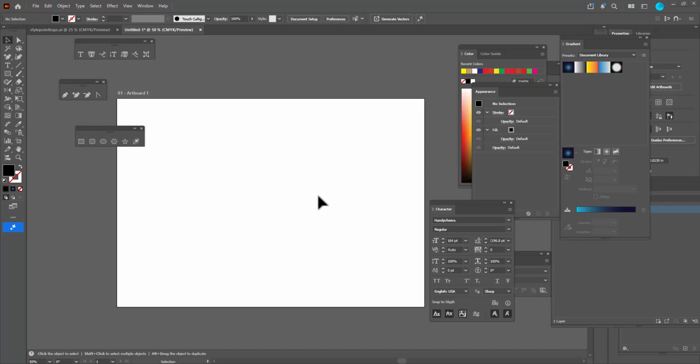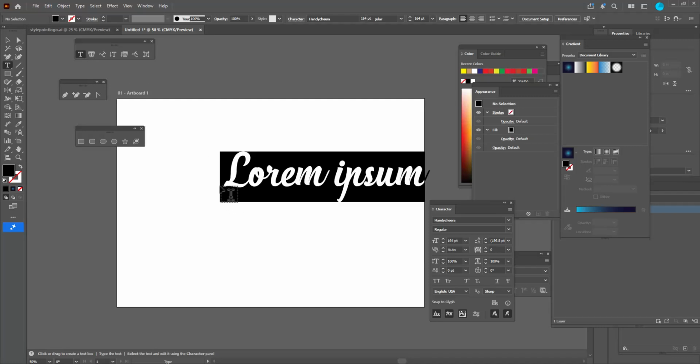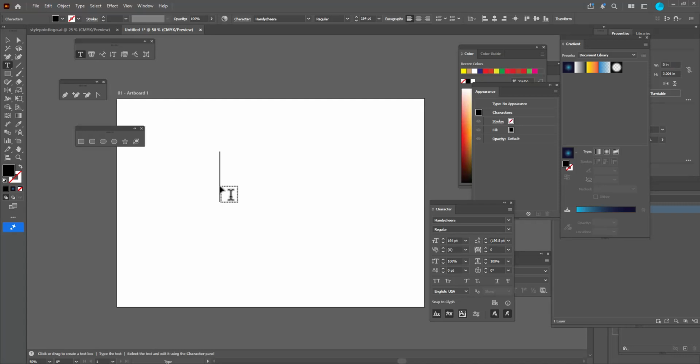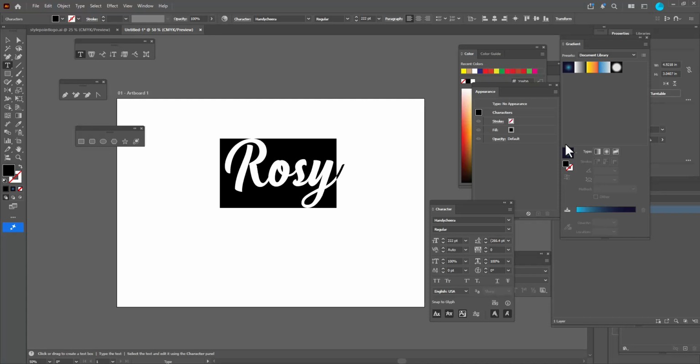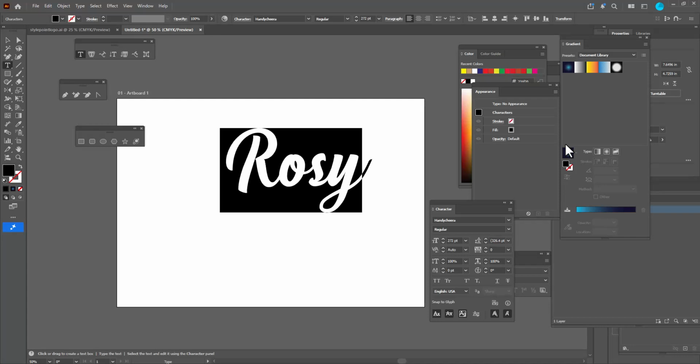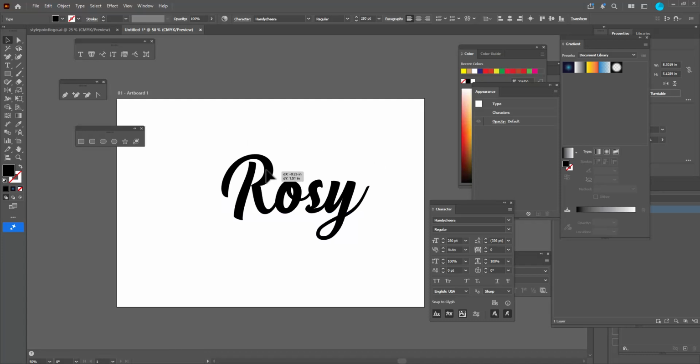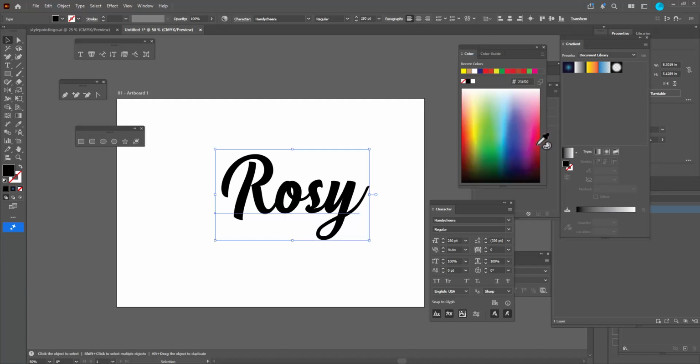Let's create a new stylish text by combining the blend option with the type tool. So first let's select the type tool. Let's type something. Let's type Rosie. So here we are using the font Handy Chira. Right, so we will slightly increase the size of the text. Then we will also change its color. Right,